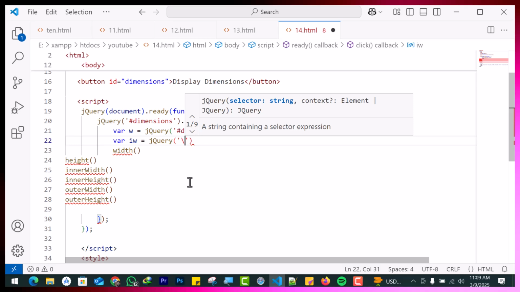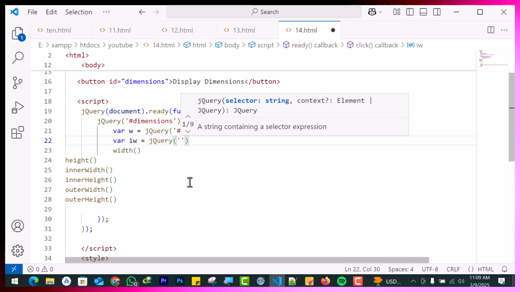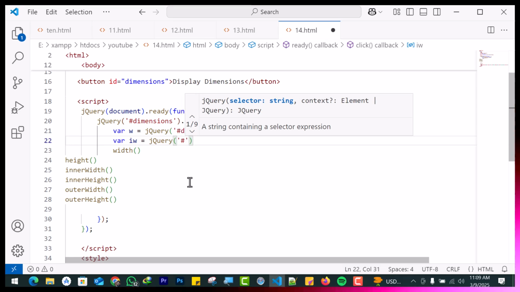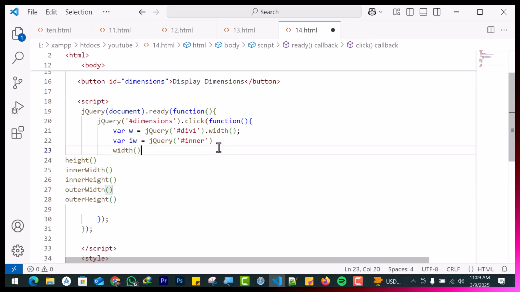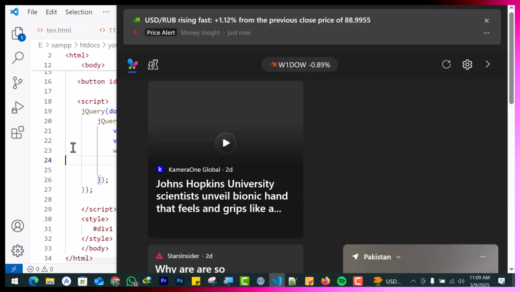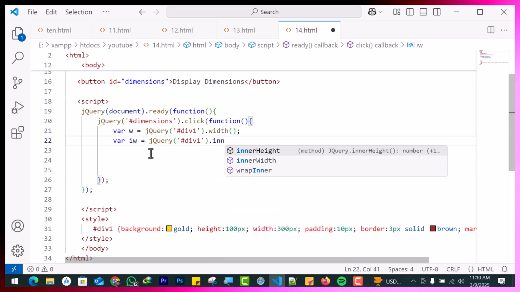In a second, I will also explain what these different widths mean and how they differ from one another. Let's remove these. They're disturbing the layout. IW would be our inner width. It is camel cased. Sorry, it is div1 dot innerWidth,